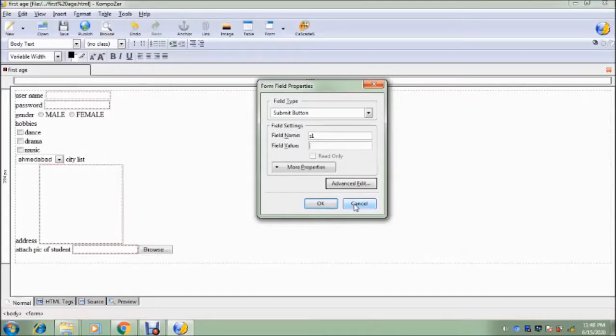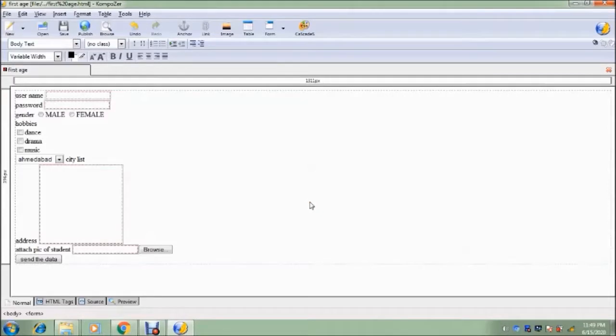Like this, if I want to write something differently, then I have to insert a field value which is known as caption of button. I repeat, if we want to change the writing on the button, it is known as caption. Okay, so here I am writing send the data and OK. Right, so here you can see on the button it is written send the data.